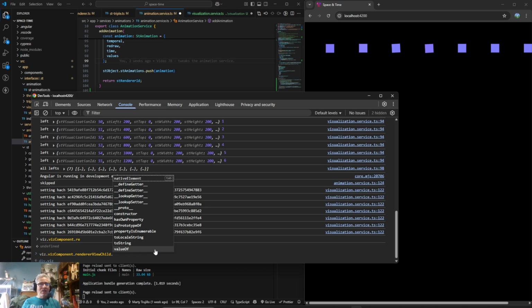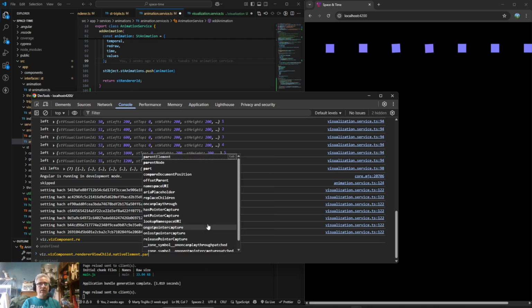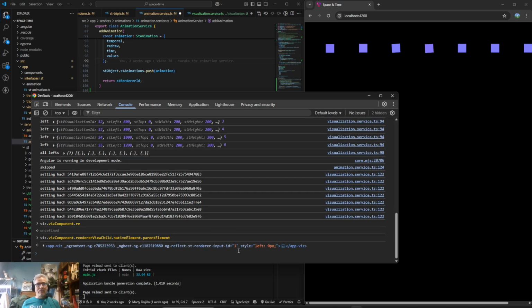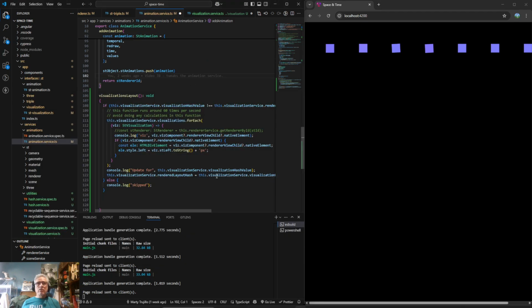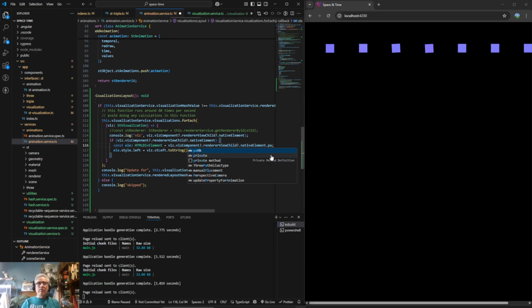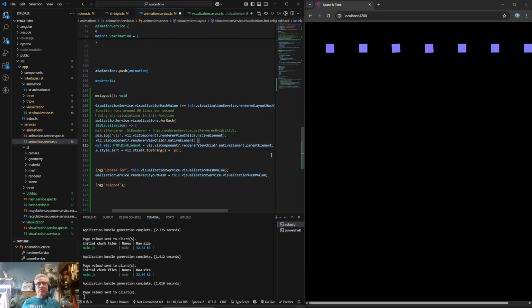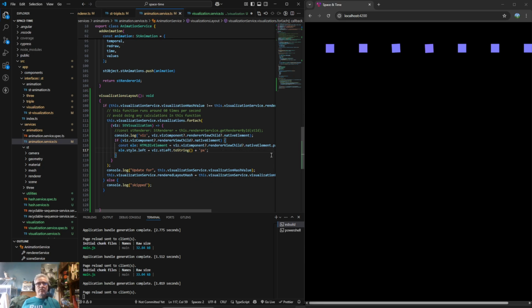And so native element, I would expect a native element to then also have a parent. Yeah, parent element. Okay, so it's the parent element that I want to set its. I don't know if that's going to work.